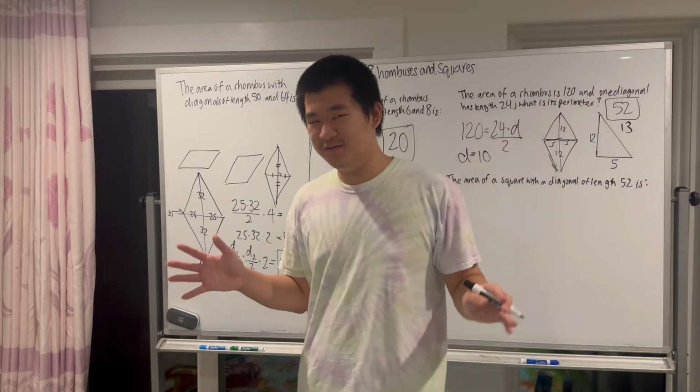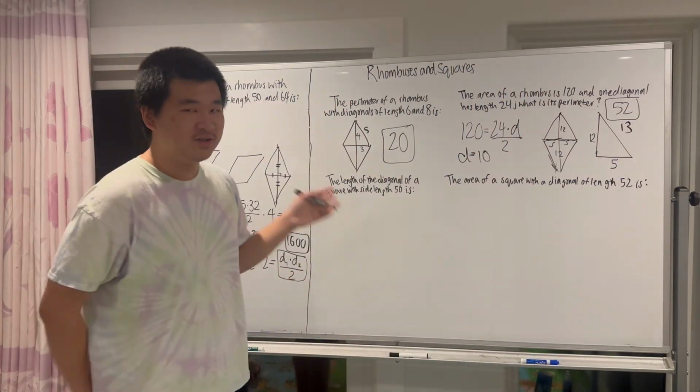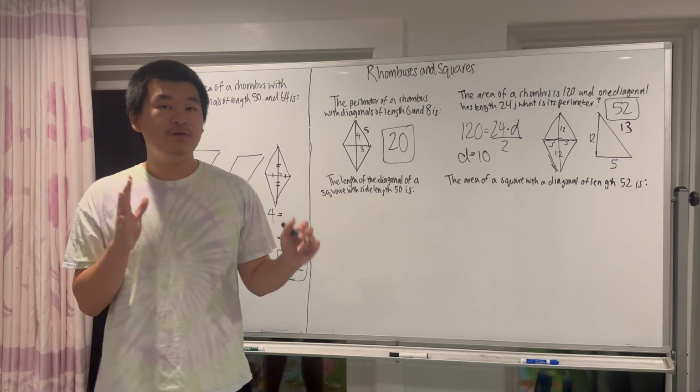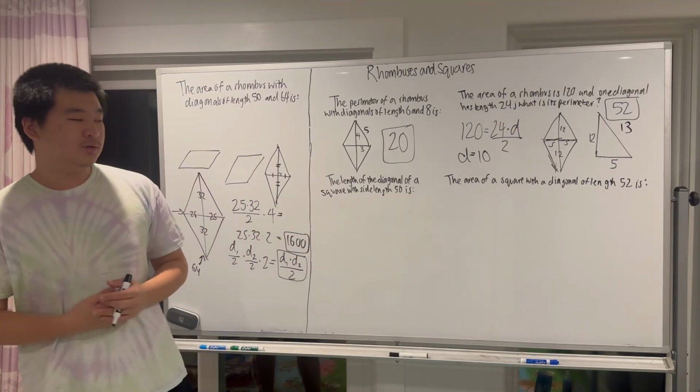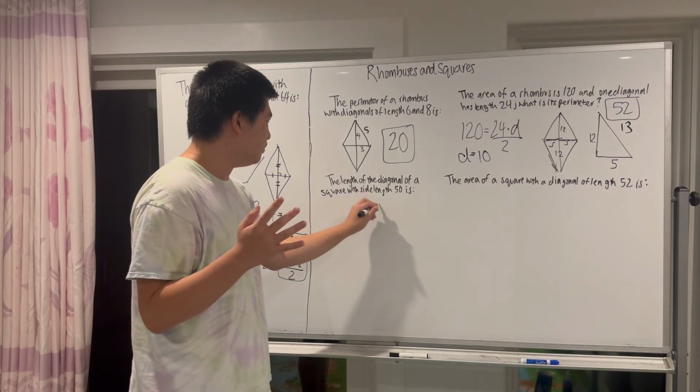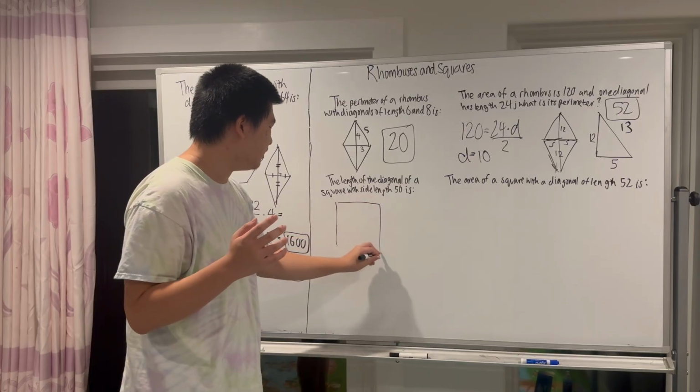And that's the hardest part of the video out of the way, because now we move on to squares. And squares are even nicer than rhombuses, because squares are so unique. The square is where all the angles are 90 degrees. So it's much easier. For example, they might ask us to find the length of the diagonal of a square